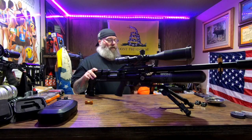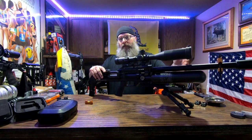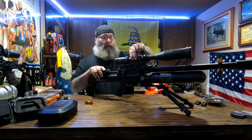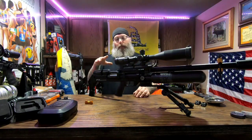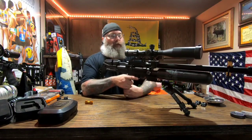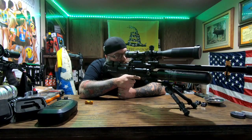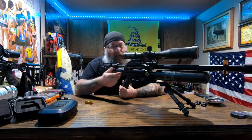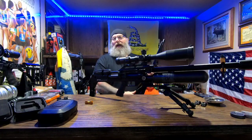So it's just as important to have your gun leveled first, then make sure that your mounts are level, then make sure that your optic is level. And it really does help to have somebody with you. If you can get somebody, before you put your top rings on, to move your scope back and forth while you get comfortable looking through your optic, so you can find that sweet spot in your scope,